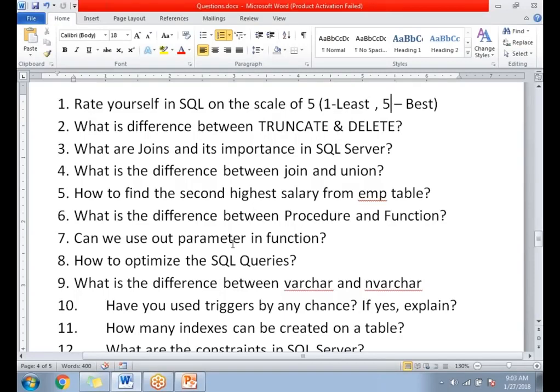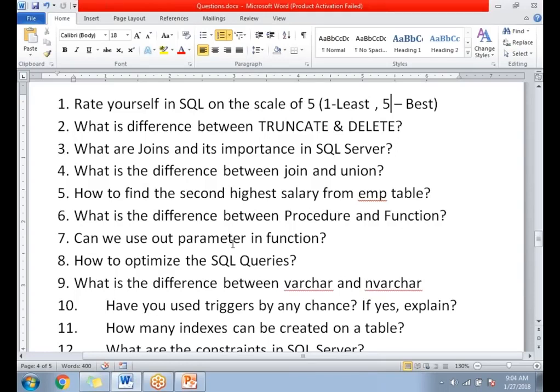How to optimize the SQL queries? There are many ways to optimize SQL queries. It is not a single way. It purely depends on the query. For example, if you are using unwanted joins, let's reduce that. If you are pulling unwanted columns, let's reduce that. And there are some scenarios where you can use CTE rather than temporary tables. There are many ways to optimize it. There is one more detailed video in my collection on how to improve the performance of SQL queries. You can go with that.